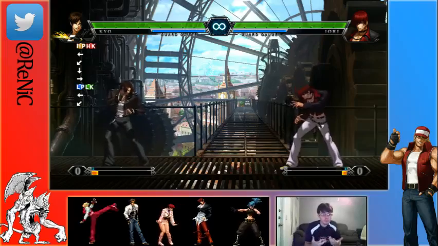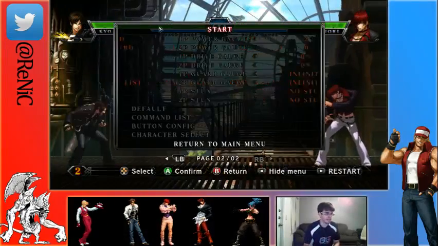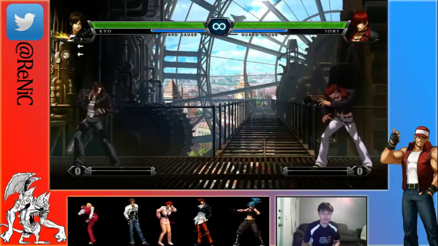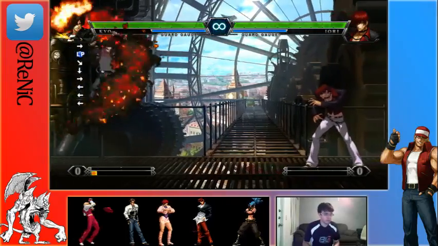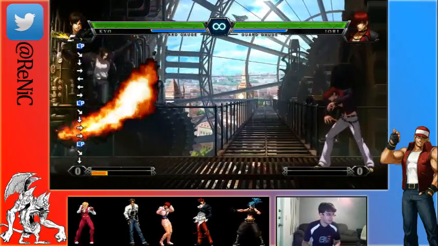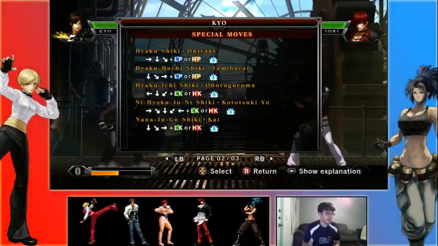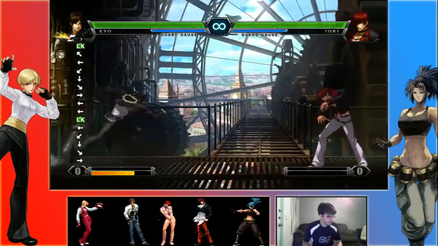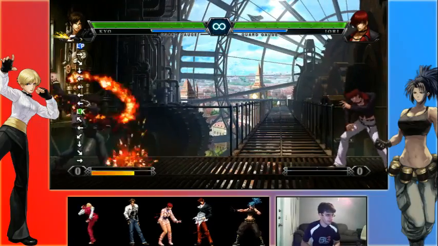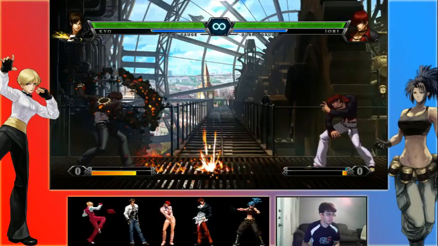Now obviously that's meter. Now how do you build stocks of meter? Well, there's 3 ways to build meter in KOF13. The first way is to whiff a special move. Some of your special moves, if you do them, you'll build stock. Notice the little yellow gauge is filling. This is not true for every special move. This one builds it, this one builds it, but the fireball does not. Notice that when you throw Kyo's fireball, it doesn't build any meter,